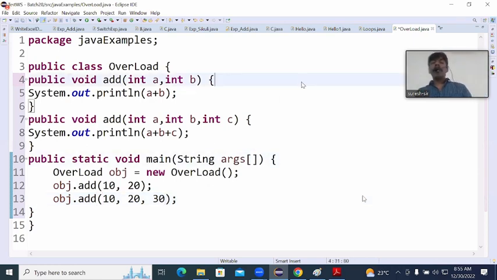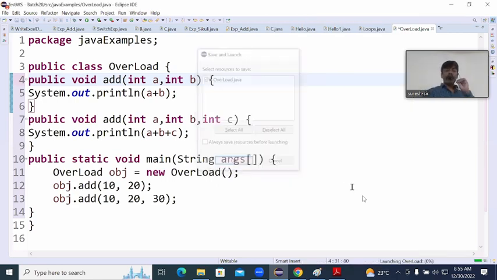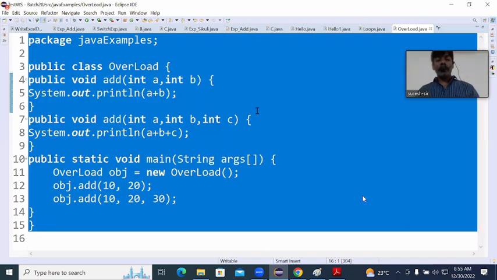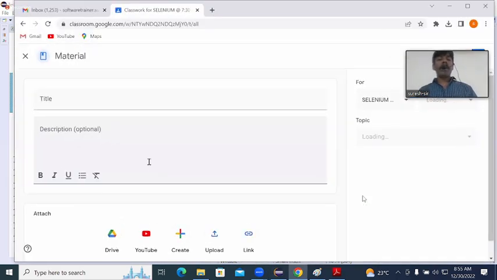So if I run this program, we get A plus B and then A plus B plus C. So this is the possibility we got by implementing overload. Similar to that,